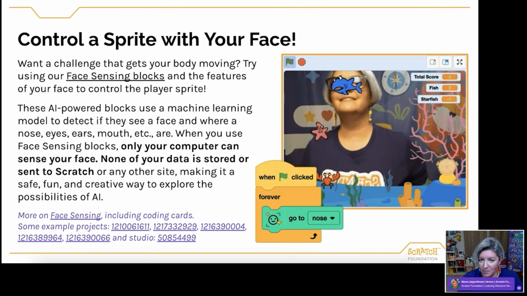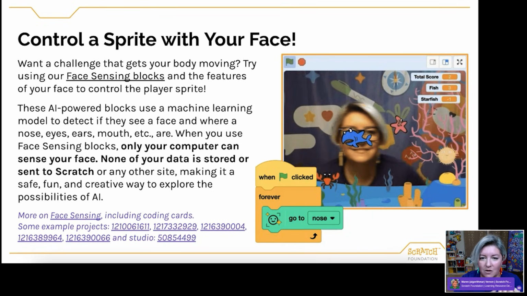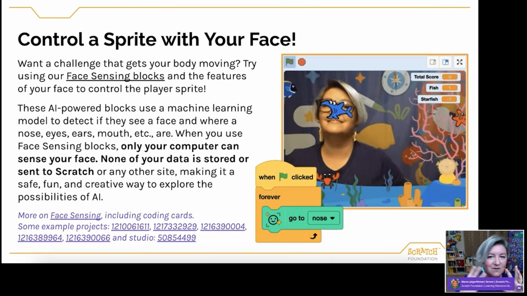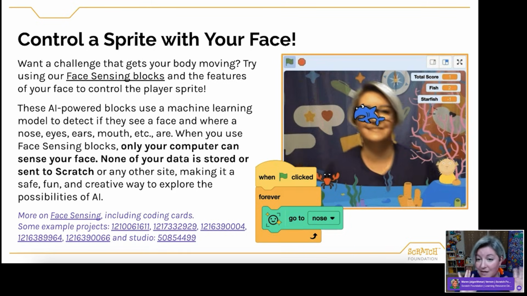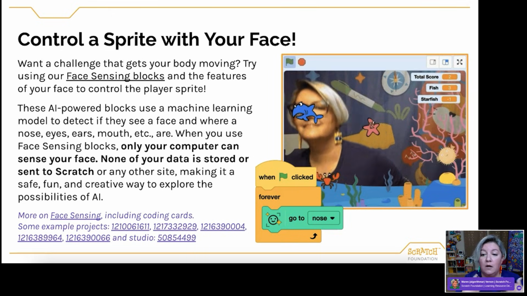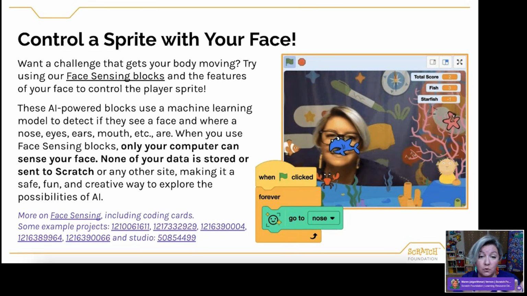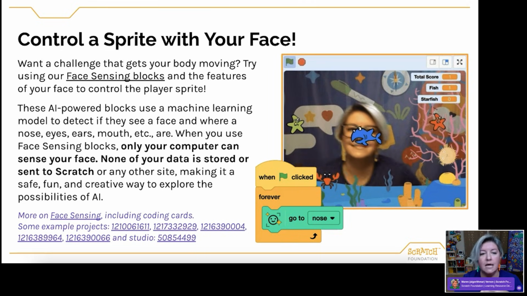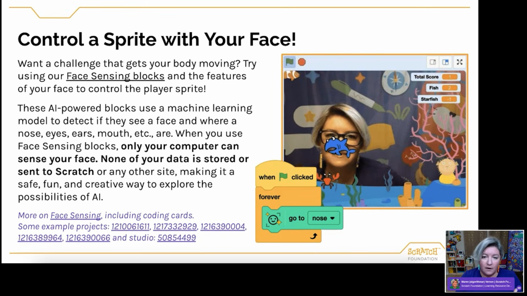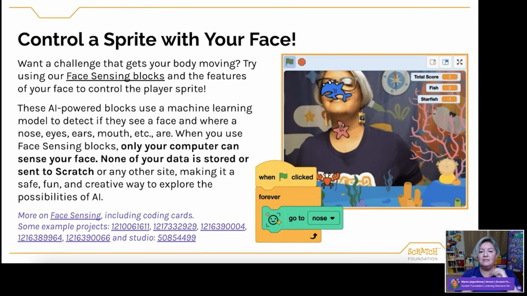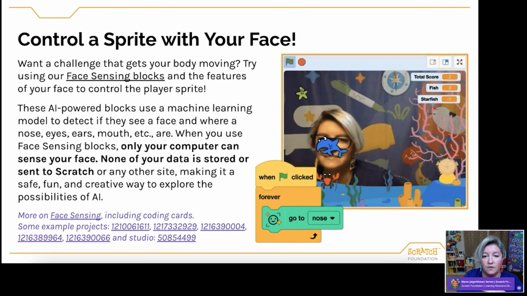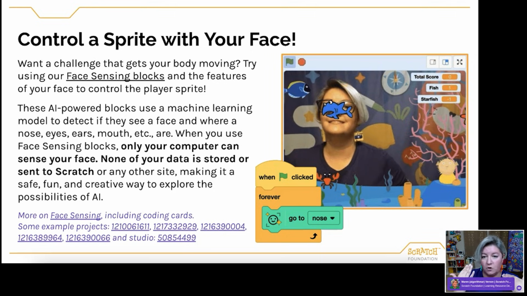These are AI-powered blocks. They use a machine learning model to detect if they see a face and then where eyes, ears, nose, mouth, etc. are. This is an extension. So students can choose to use these AI blocks or not, but I do always love to highlight that it is a safe and fun way to use these blocks because they are not collecting and storing any data, no pictures of you, none of your video is being stored on Scratch servers.